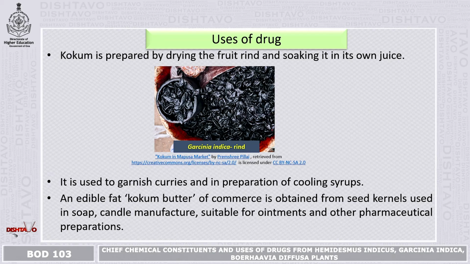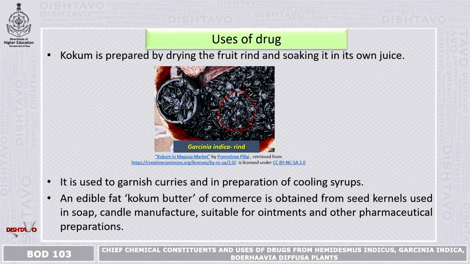In this picture, you can see that Garcinia indica rind is dried. It is dried and then soaked in its own juice and then dried again. And this can be used in garnishing curries and in the preparation of cooling syrups. It is also the fats, kokum butter, that is obtained from the seeds, and that is used in soap and candle manufacturing, suitable for